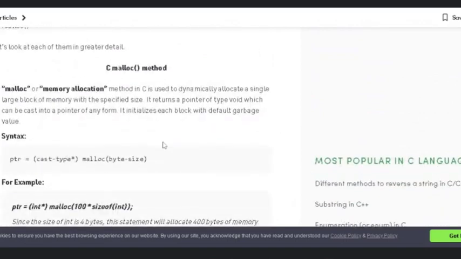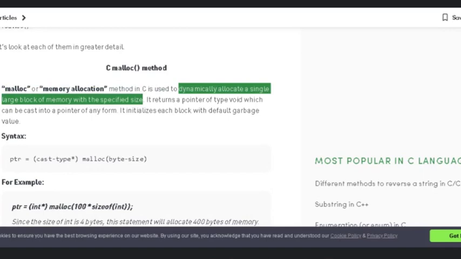By using the function malloc, what happens? A single large block of memory with specified size is allocated dynamically when the malloc function is used.